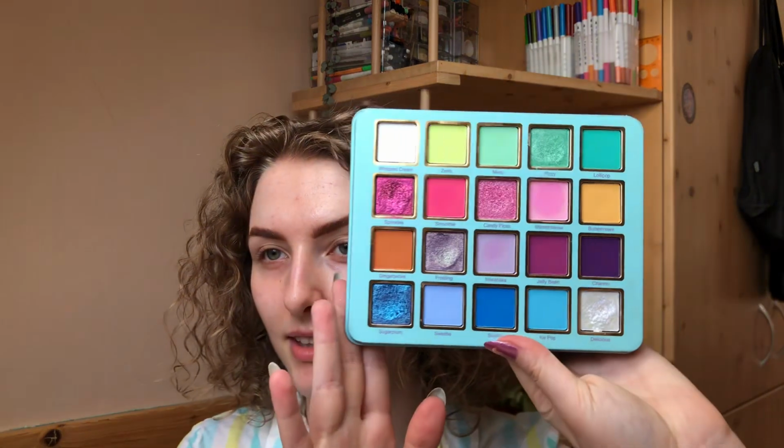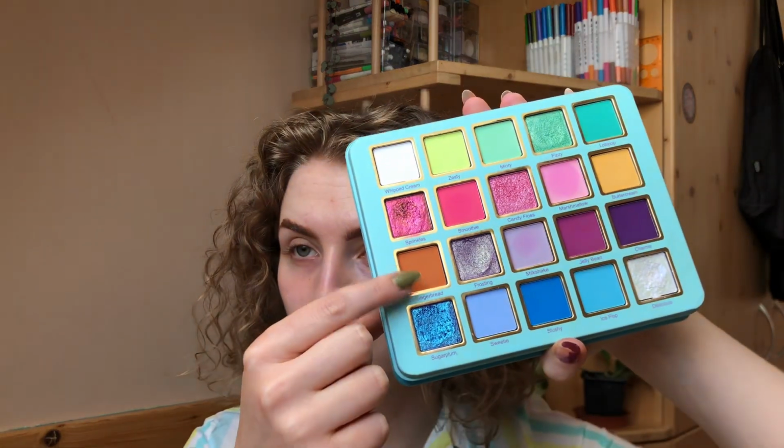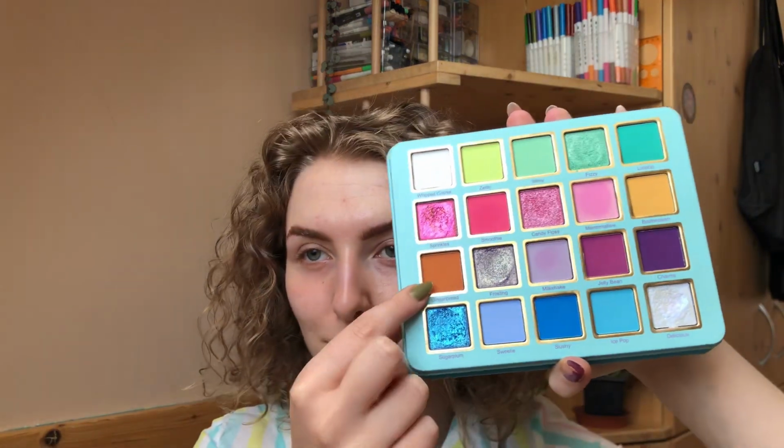I've already made a review of this palette, and I've made multiple looks with this palette. I think it's like 10 or 12 looks with this, and I don't have it for that long, so I think that's pretty good. And my plan is to use this gingerbread shade, I think that's also a fitting name,